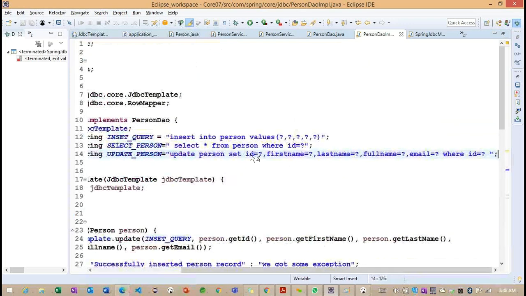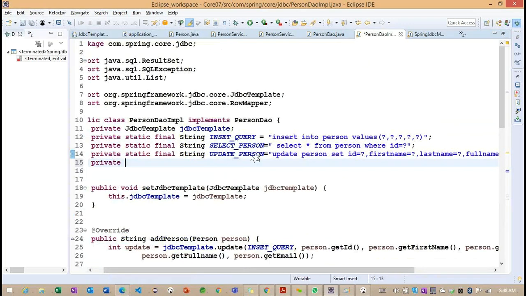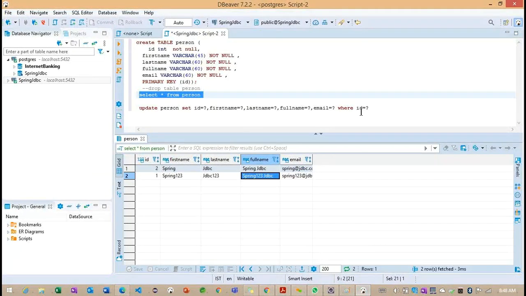To delete here, first we need to write the delete query. So we declare a final String here. Delete. So what is the query we need to write? We need to delete only the records here. Okay, let's see whether this query is working or not.